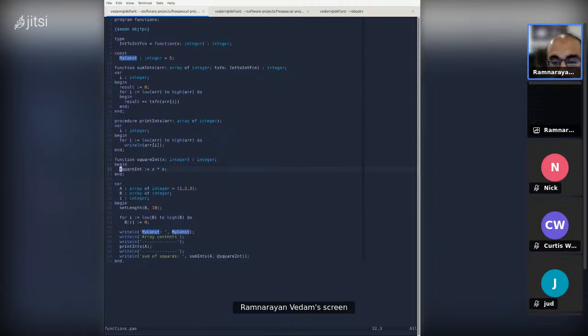The return value of a function is basically what has been assigned to the name of the function. So square int is basically telling the compiler that square int is my return value now, and it will return it. Notice there's no explicit return in this code.